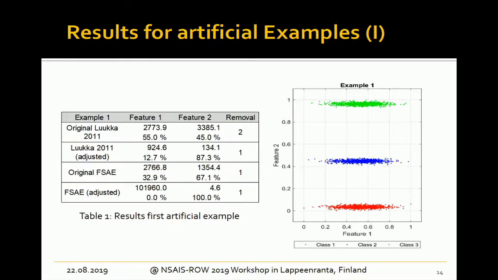Then we have the comparison of the original FSAE. Since we take into account the difference between the class ideal vectors, we also have a rather clear decision, because you can imagine the representatives in this direction are all close to 0.5, so there is no difference between the class ideal vectors. While in this perspective, you have one close to 0, one close to 0.5, one close to 1, so the average distance will be somewhere close to 0.5. That's why we make the right decision here,